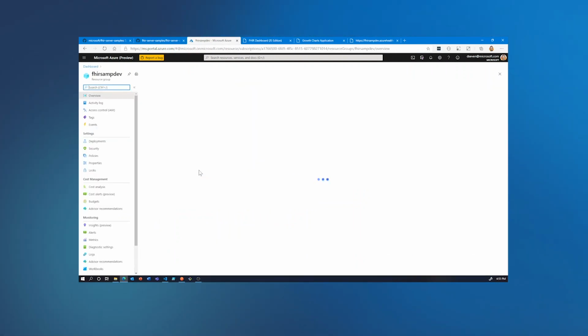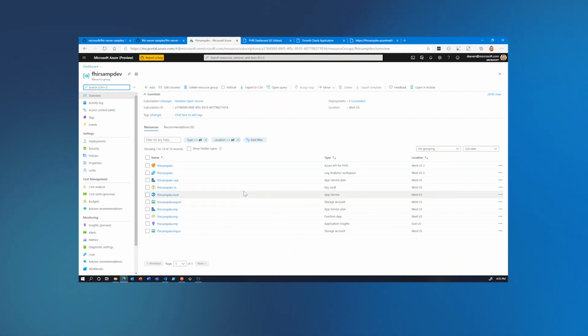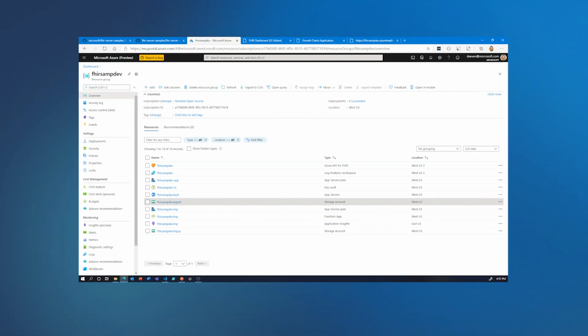As we go back to the other resources in the subscription, you'll see that we've deployed a few other things. There's another storage account, FHIR SAMP Dev Export. This is a storage account where if you use the export operation, this is where the FHIR resources are deposited.